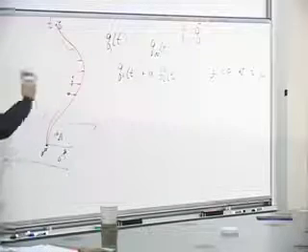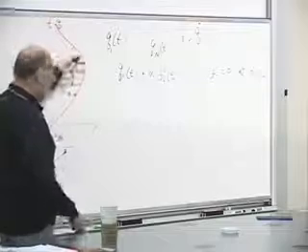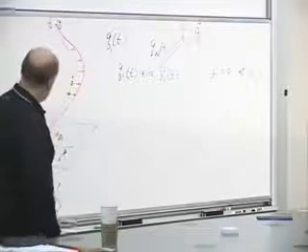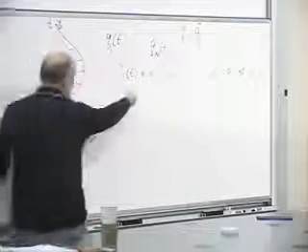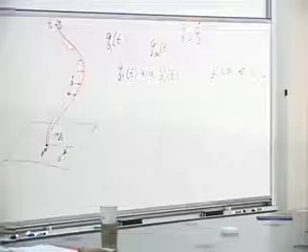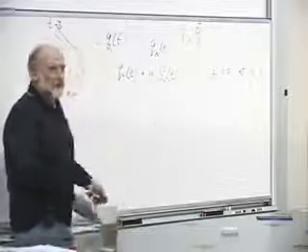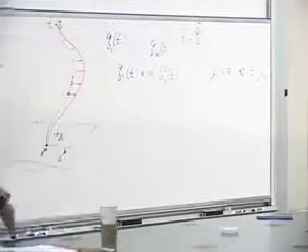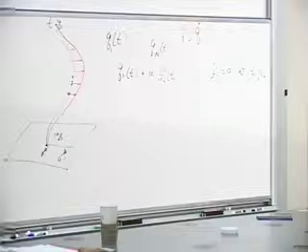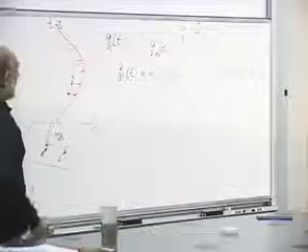I've drawn it as though it was just a shift to the right. It's not a shift to the right. It's a shift in some more complicated set of directions, depending on the fi of t. Each of the fi's is shifted a little bit by an amount proportional to alpha. That gives us a new trajectory, not a fake trajectory, but a trajectory which is not a solution of the equations.